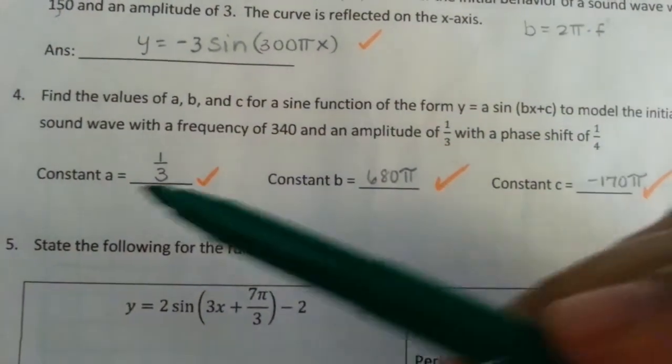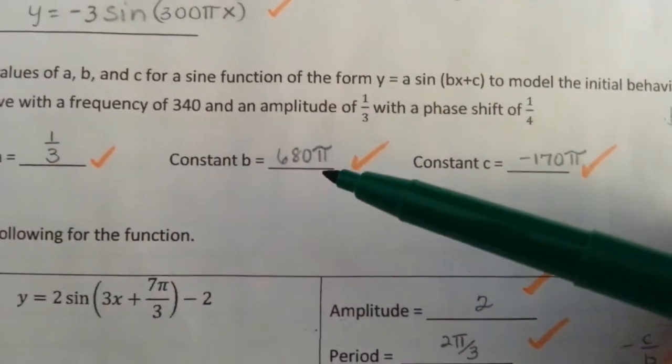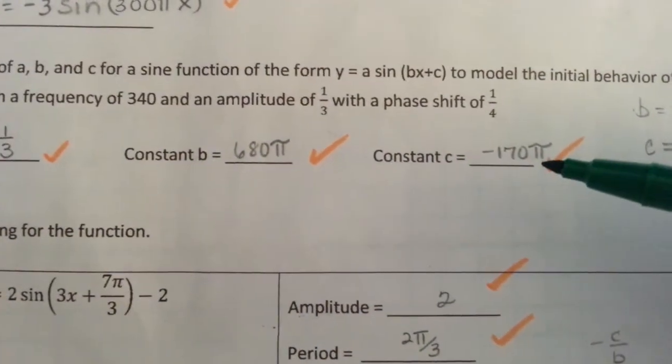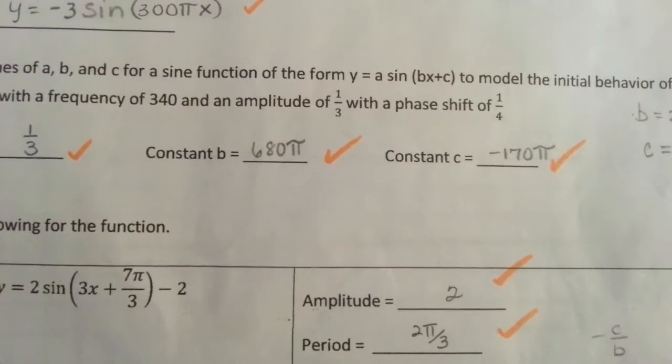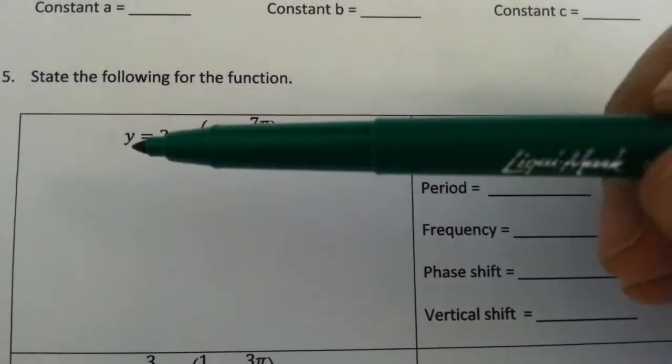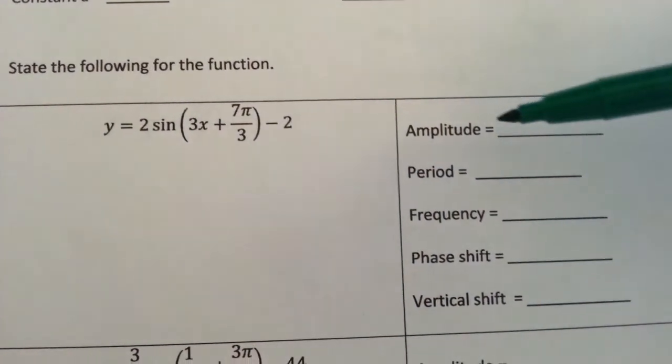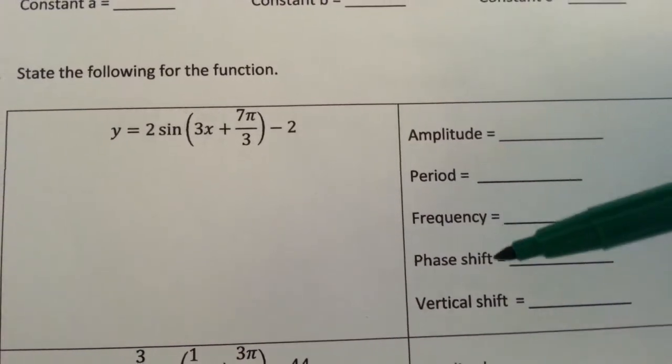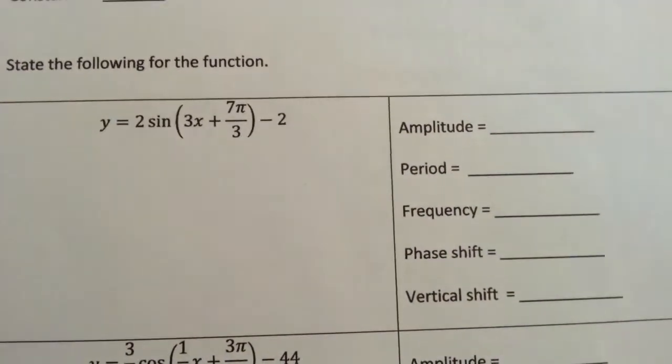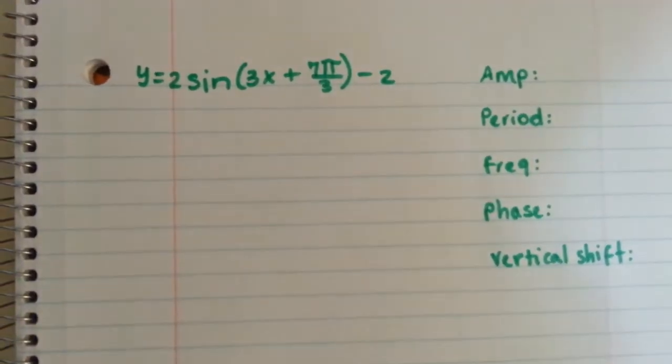So on the test, you would say that A is 1/3, B is 680 pi, and C is -170 pi. Right, the next question, it gives you this function, and they want you to find the amplitude, the period, frequency, phase shift, and vertical shift. So with this problem,